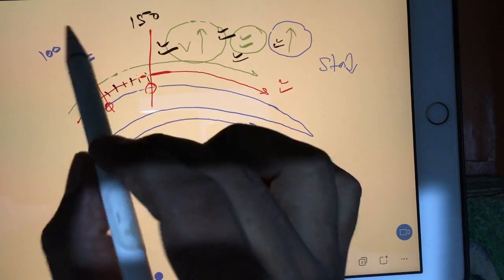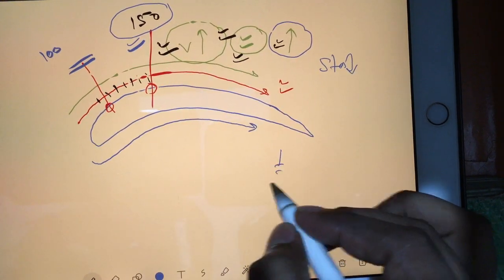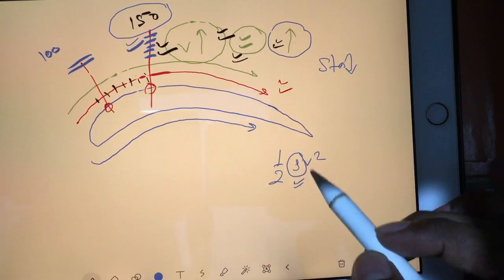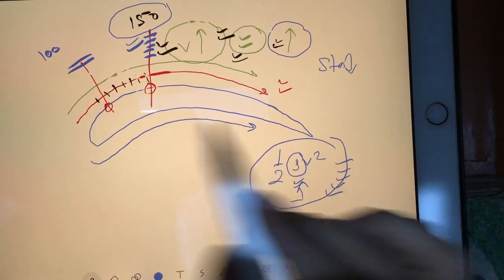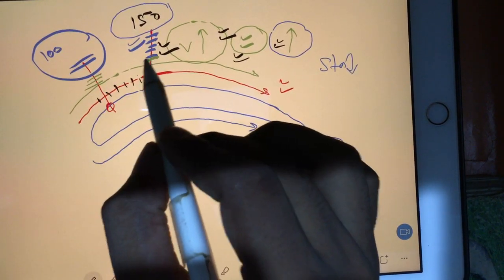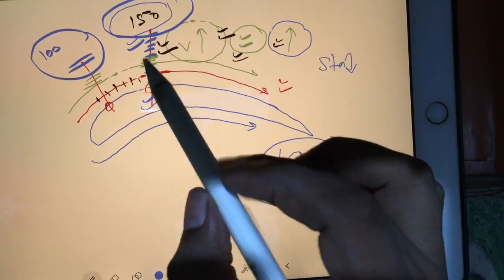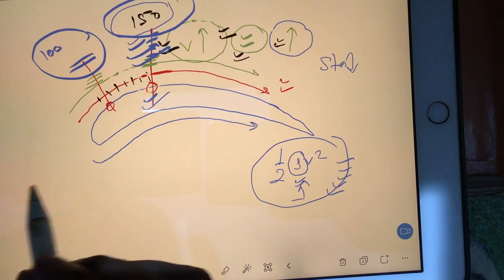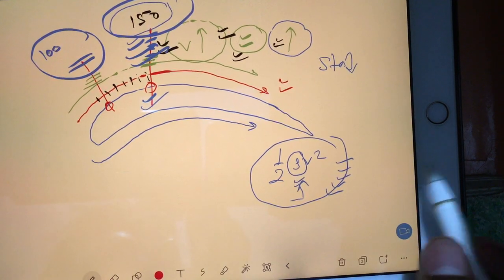You already know that because of more velocity you will have more dynamic pressure, by using the formula half rho v square. What is rho here? Whatever is the local density of air at this point, that rho you will substitute here, and using the same formula half rho v square you will find the dynamic pressure at this location. If you consider density is the same at this location, then of course because of velocity, dynamic pressure will be more at this point. If dynamic pressure is more at this point, then static pressure will be less at this point. Why? Because we have already understood this part. There is something called Bernoulli equation. I will explain that part properly.